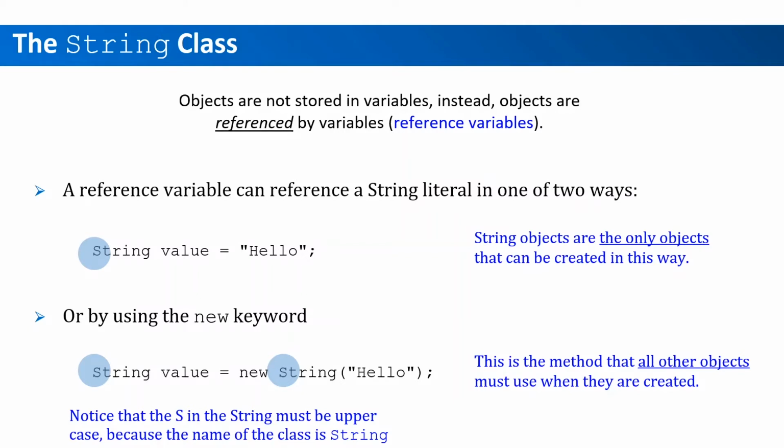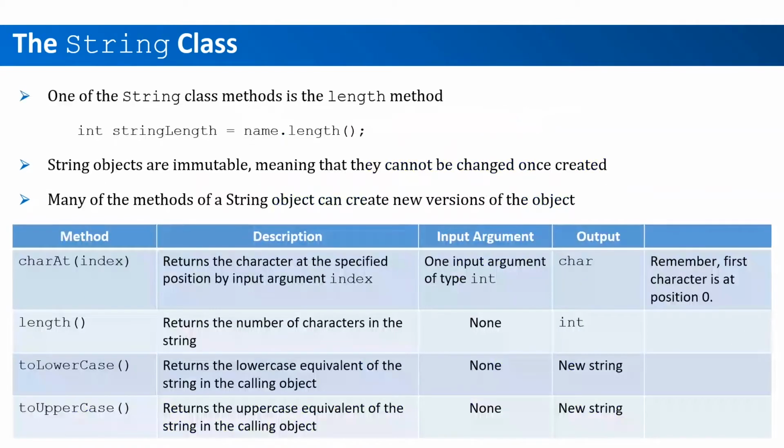This matches what we learned so far, which is that identifiers for classes are always capitalized. The last thing we will cover about the String class is that since a string is an object, it must have methods. The String class comes with a large number of useful methods. One of them is called length, which can be used to get the length of a string. The way you use it is to write the string's identifier followed by a dot and then the length method